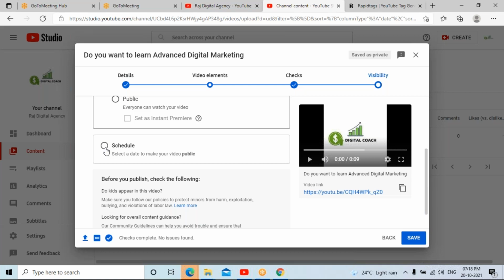There is also an option when you select public: whether you want to keep it as an instant premiere. You create a video and inform people that you are going to start publishing it at this particular time. It is like a timer. So that is instant premiere.